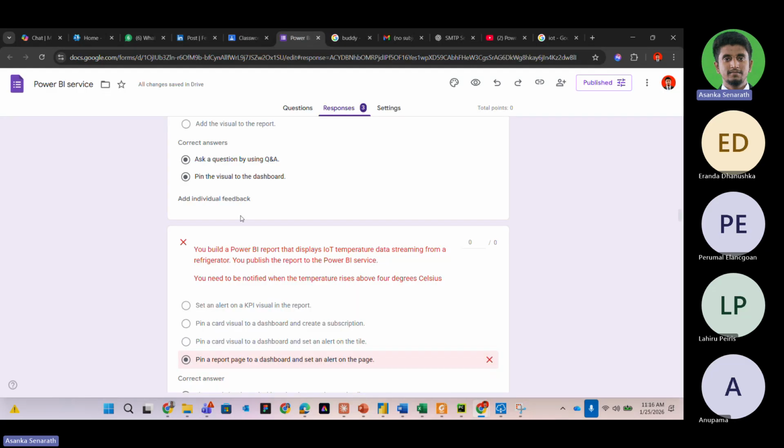So the question here is, you have to build a Power BI report that displays IoT temperature. Internet of Things, like you're using that, its temperature data is streaming, right? So there's a refrigerator. The temperature data has been streaming always. So you publish this report to Power BI service, and you need to be notified when the temperature rises above